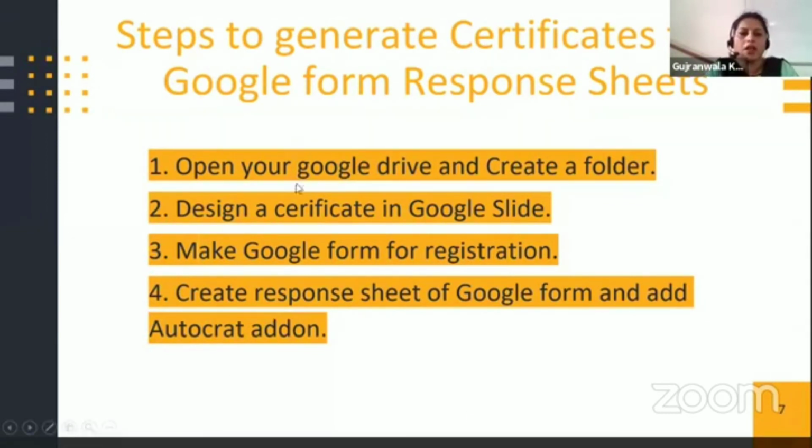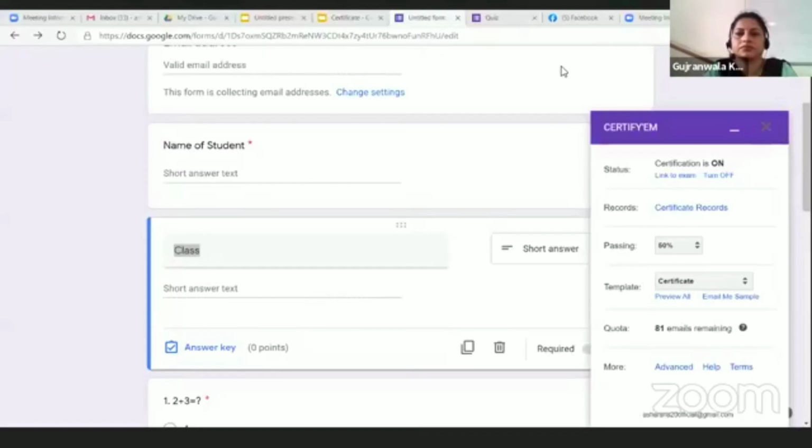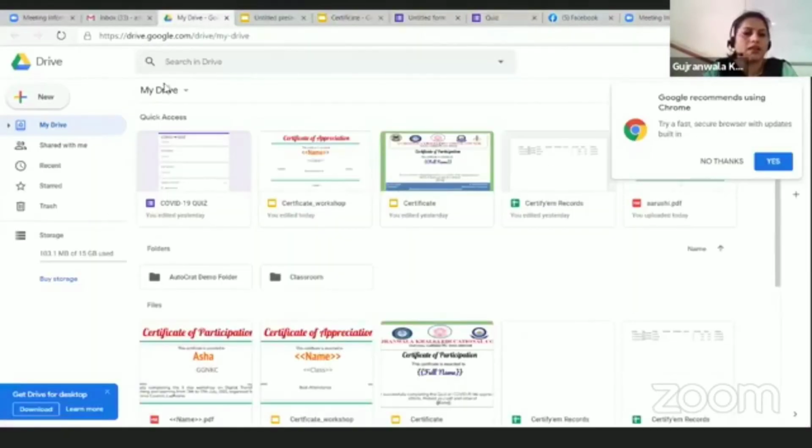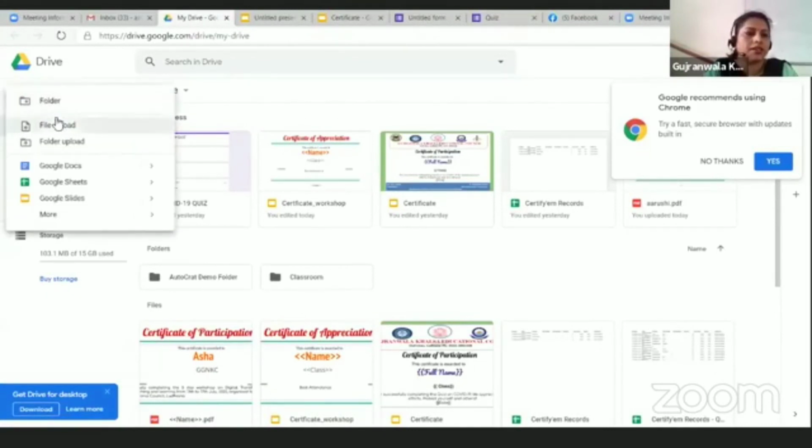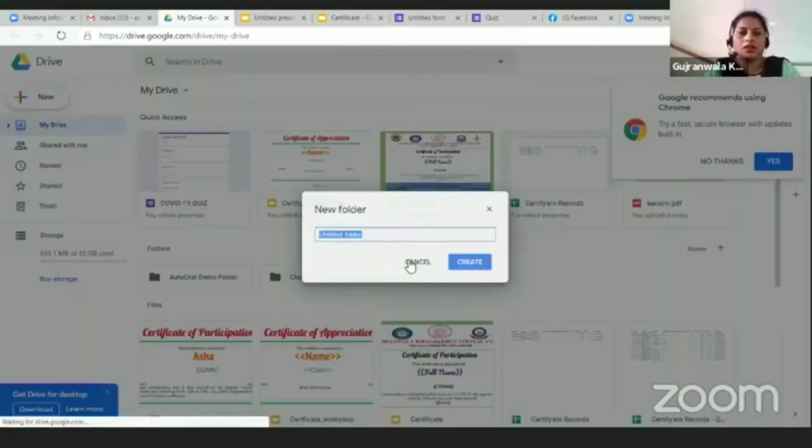Let me show you. Now, the first step is to open Google Drive and create a folder. Let's do it. Okay, my Google Drive is opened. Let me create a new folder.